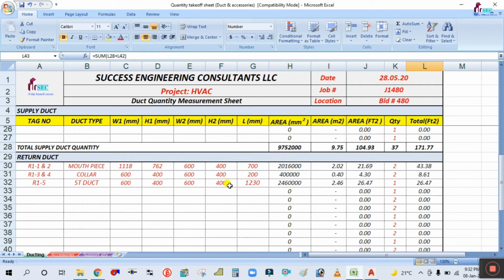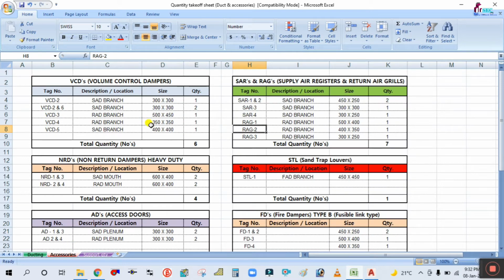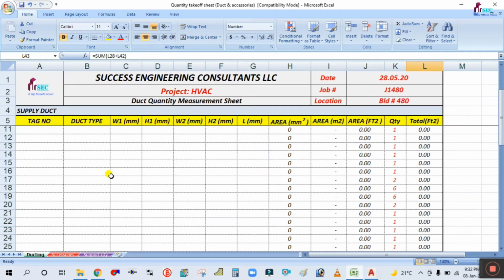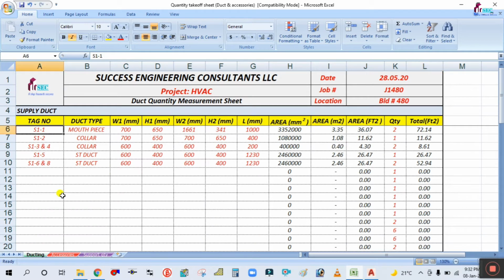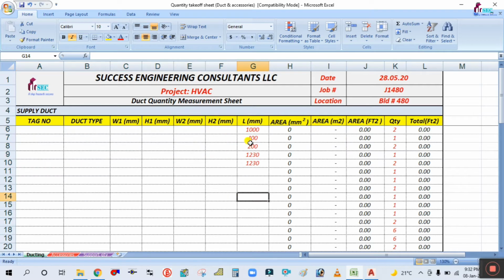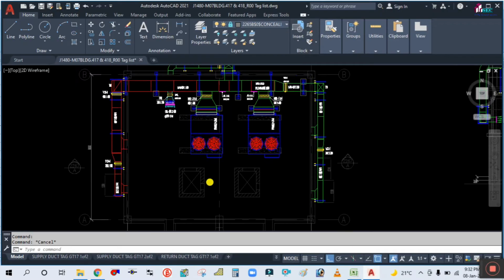Okay. So let's start now, and this is for the accessories. So let us start now. For example, I am deleting all these things first. Here also I am deleting this. So, for example,